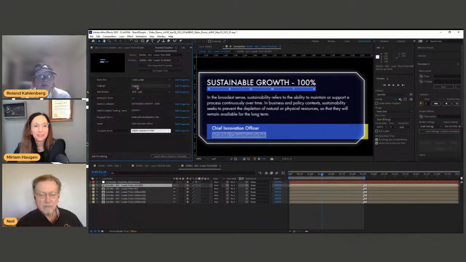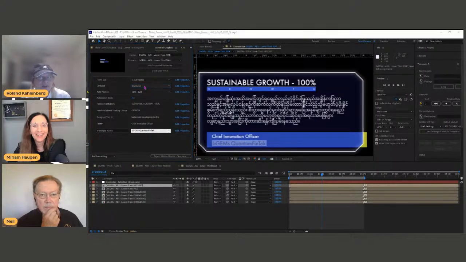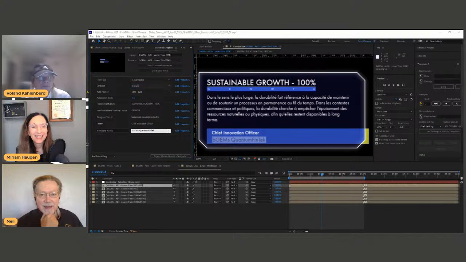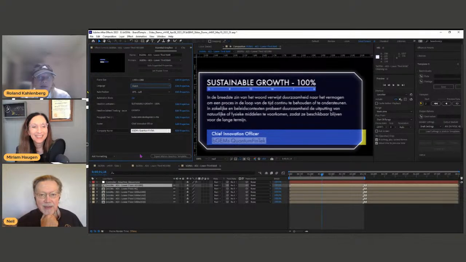And it can be in English, it can be in Burmese, if you understand Burmese. It can be in Indonesian. If you're in Europe, you want French. All these are done quite automatically via